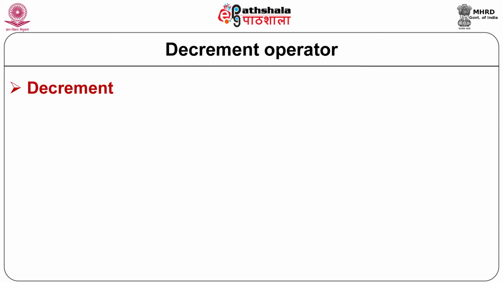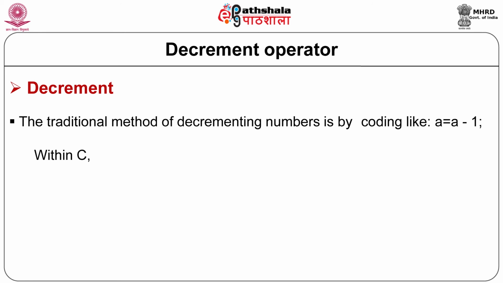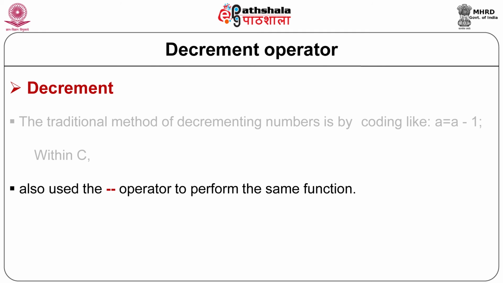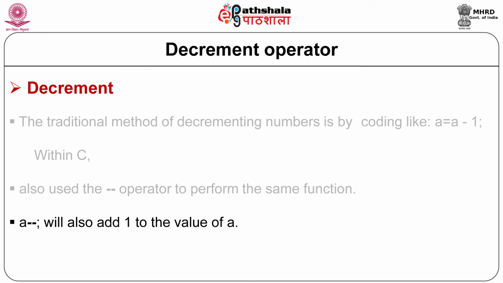Now, decrement operator, it is opposite of increment operator. Here you can see, I am considering a equal to a minus 1. So, I am decrementing the variable by 1. This is traditional method of decrementing any number in C or in any language. For this, one can use minus operator to perform same function. In C programming, you can use a minus minus. It means which will subtract